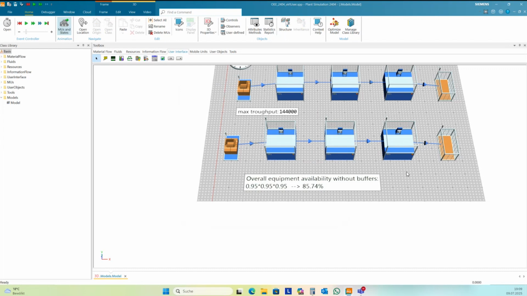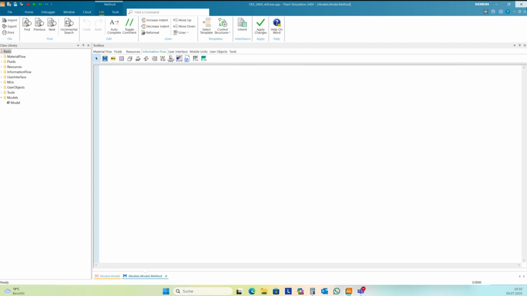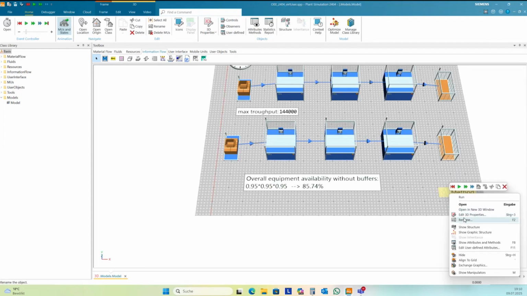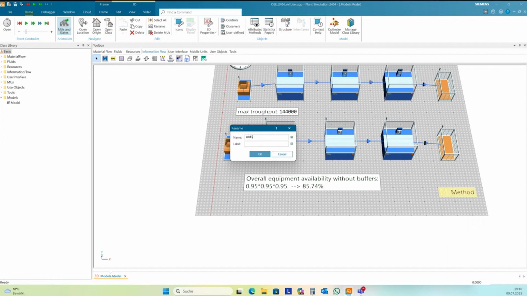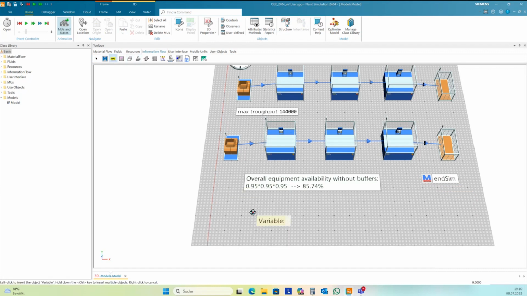Okay, let's have a look in our simulation. What we need to calculate here is the output after 100 days, and we need to set this in relation to our maximum throughput. And so we need one method, one NSIM method, and another variable here.